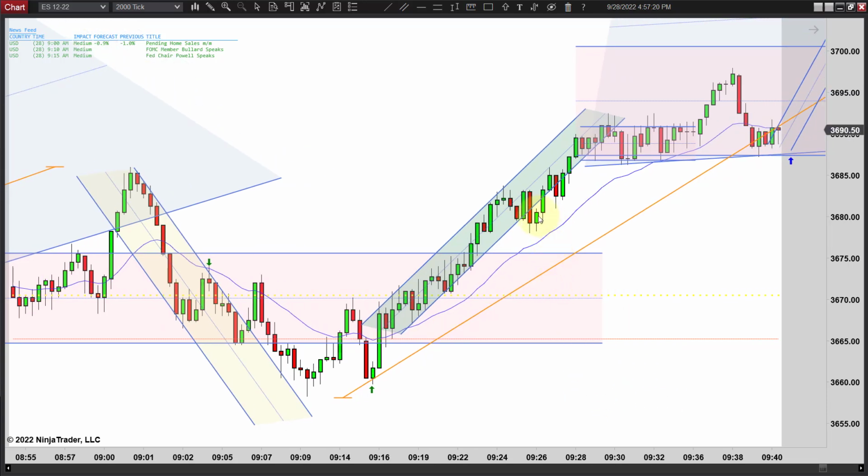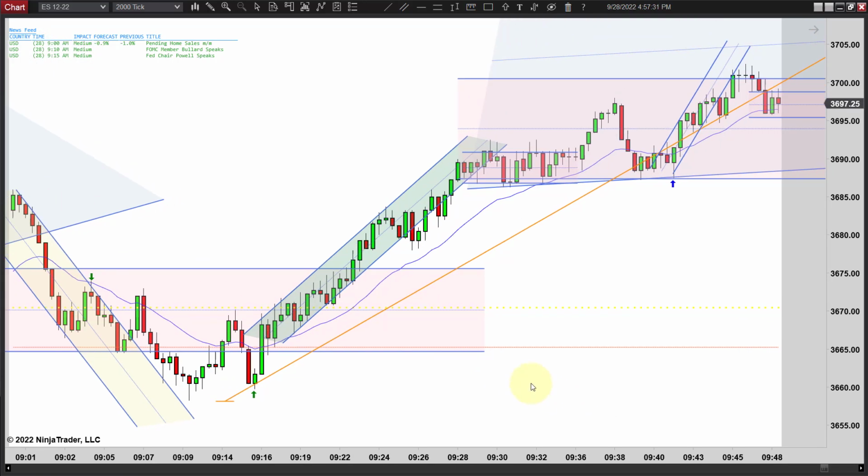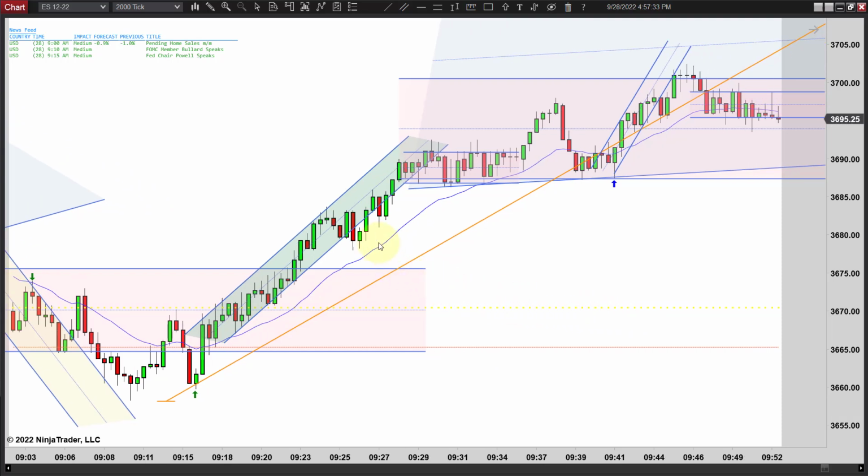You do get a second entry long here in this uptrend. But that's an inside bar, not a very good setup. So I'd just skip that one. Again, it looks a little congested. It works, but you just never know. And so, of course, we get the break of the green channel, a couple legs up, and then we're just kind of chopping along here.